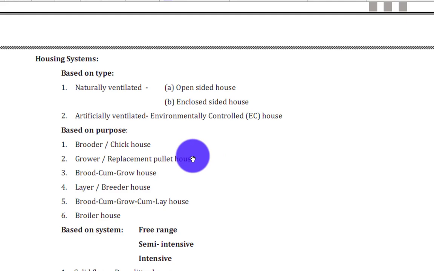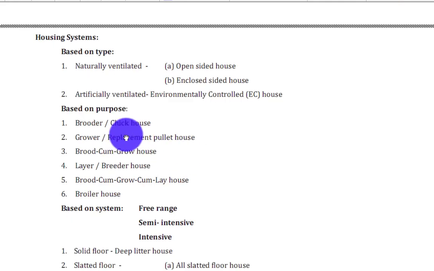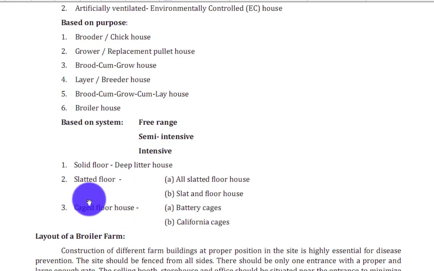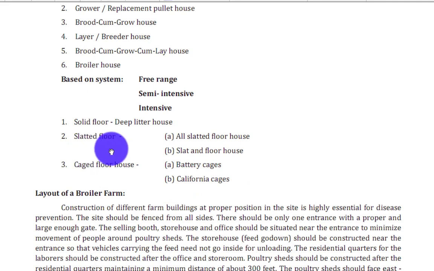Based on purpose: brooder or chick house, grower house, layer house, breeder house, brooder-come-grower house, grower-come-layer house, and broiler house. Based on system: free range, semi-intensive, intensive, solid floor, deep litter house, slatted floor or caged floor house, all-slatted floor house, and slatted-and-litter floor house. In caged floor houses: battery cages, California cage,